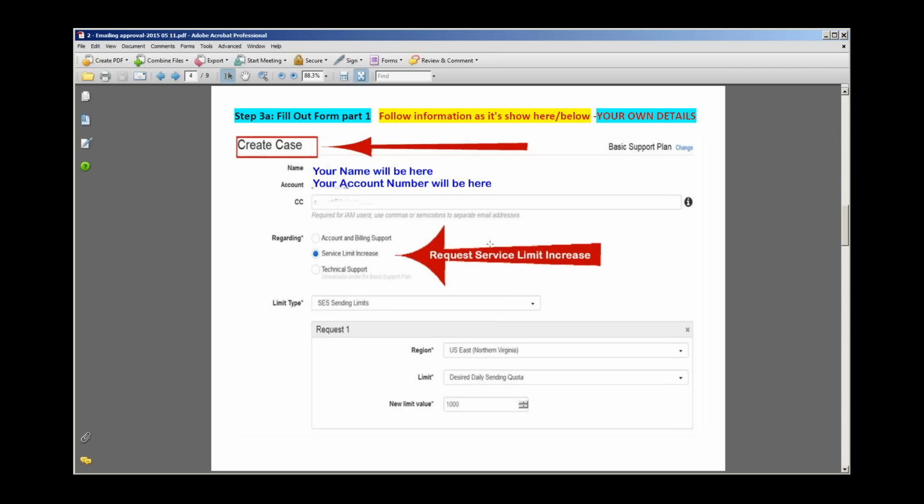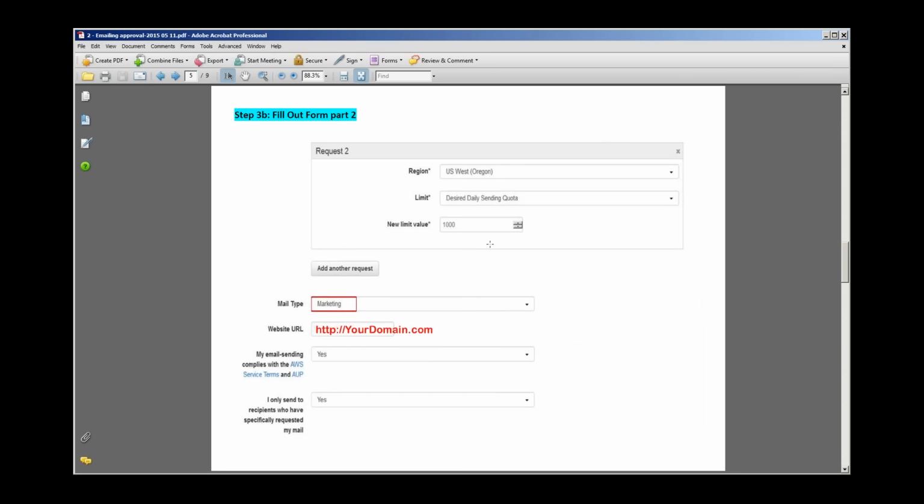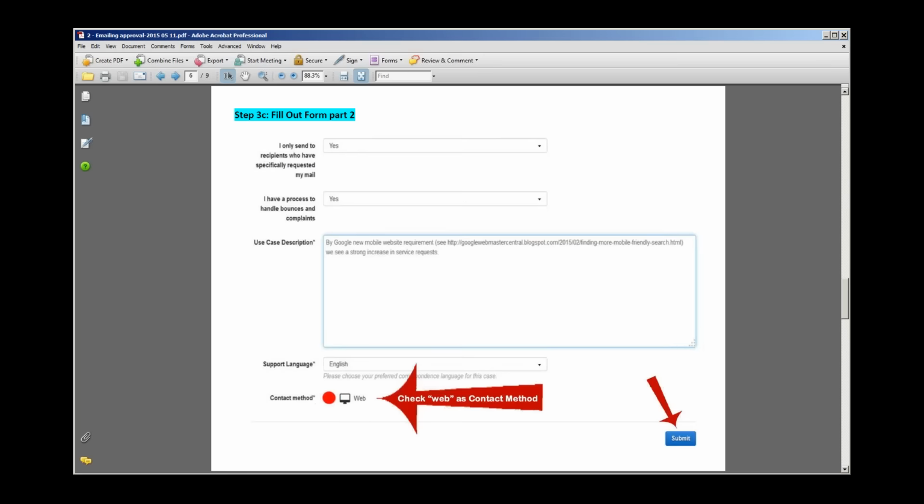You don't need to wait before requesting a sending increase. You can do that right away. So then I choose marketing, and sometimes that is sensitive, okay? But you want to put a website, your domain.com, and then